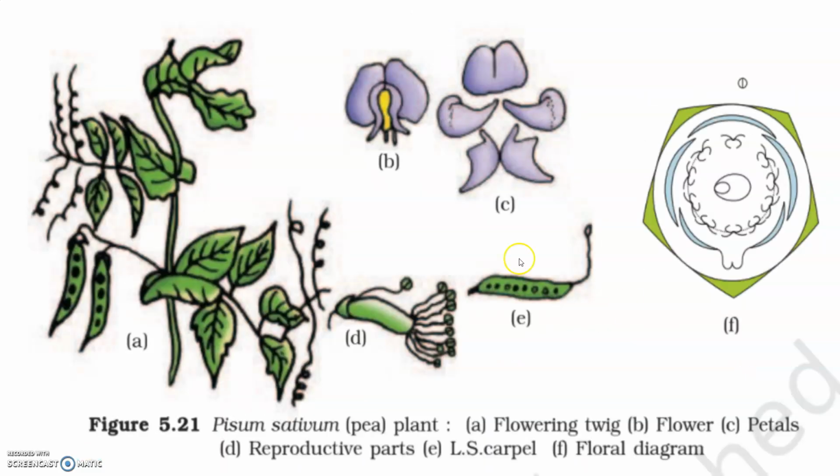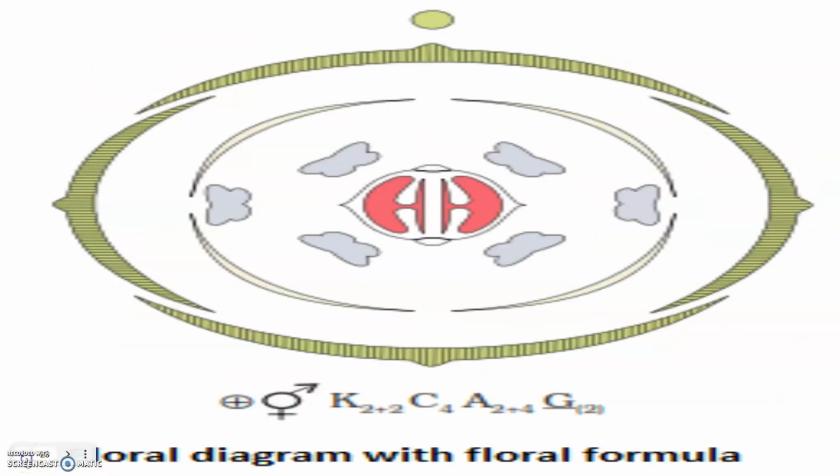Now, after describing various parts of the flower, a floral diagram with the floral formula is presented, and the floral formula represents, like in the previous slide we have seen. This is the floral formula. Now, the floral formula uses some symbols. In the floral formula, we write Br, which stands for bracteate. K stands for calyx, and C stands for corolla. P stands for perianth in some, A stands for androecium, and G stands for gynoecium.